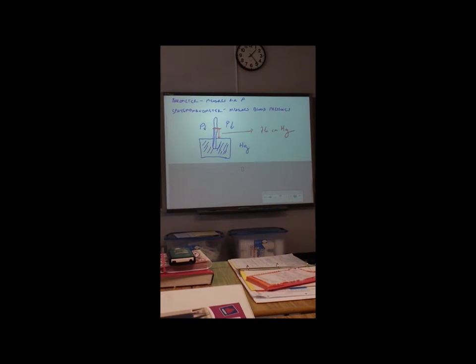So, air exerts pressure, which I still have yet to define, in all directions. And so, this is just a crude drawing of a barometer, which was one of the first manometers that was invented. So, air pressure, in addition to pushing in all directions, pushes down on the surface of, in this drawing, a container that holds mercury. As the air pressure pushes down on this mercury,